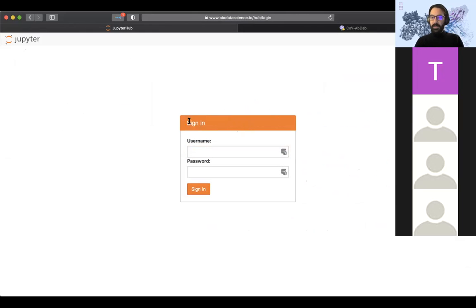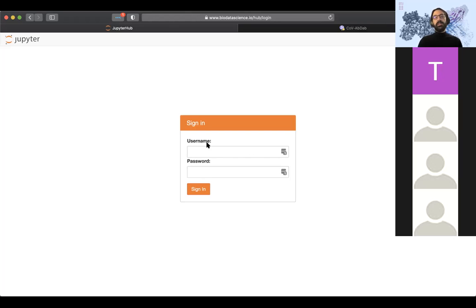And you can see my screen, correct? Sure, great. So the BioDataScience 101 workshop uses these cloud Jupyter Lab servers in order to make the